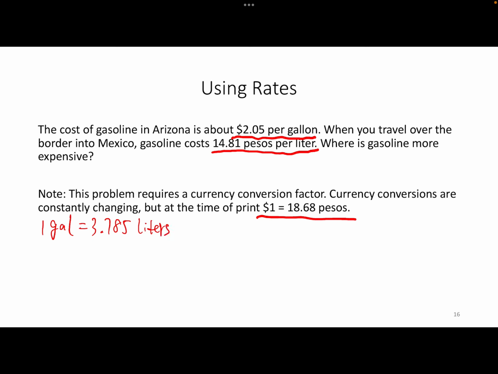Okay, so now let's see. 2.05 US dollars is equivalent to how many pesos? We need to multiply by the conversion factor, right? $1 is equivalent to 18.68 pesos. So the dollars cancel out, and then we get